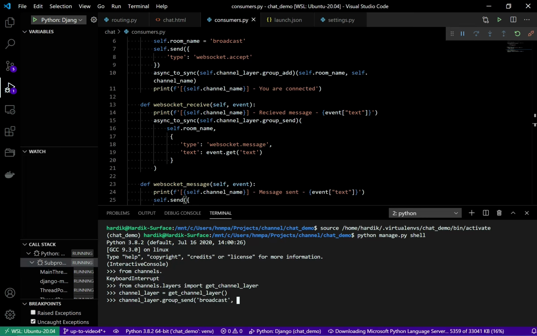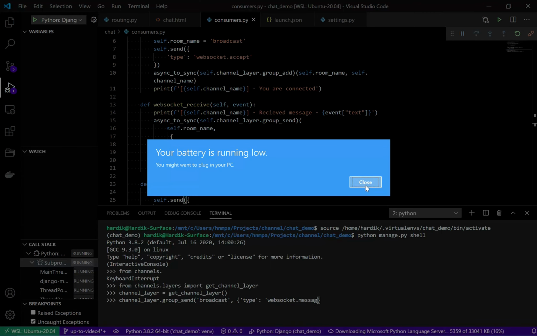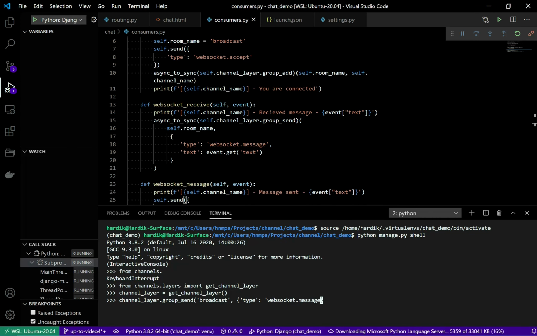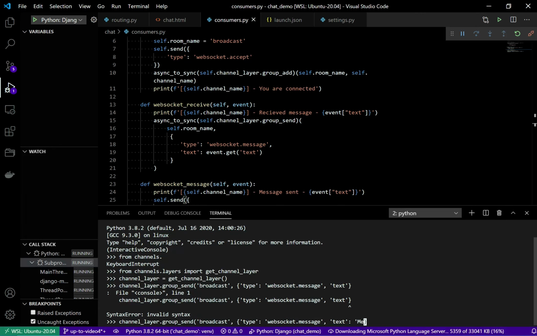And the second argument, as I said, should be an event, and the event should have a type. So the type is websocket.message, and then the second key should be text, with text like: message from outside the consumer.